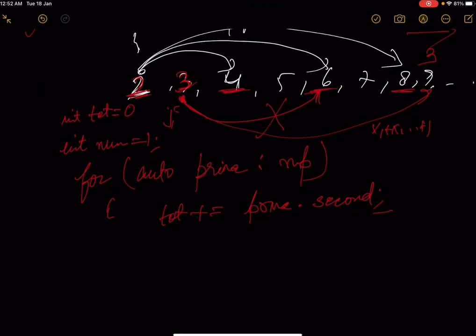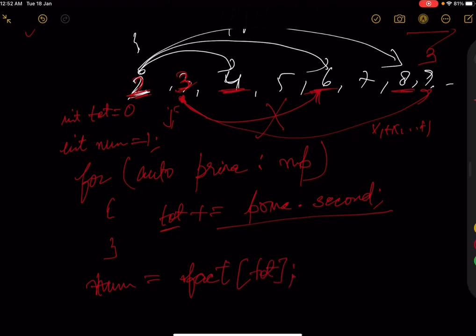Okay, so we find all the frequencies, and after doing this, we will simply say that the numerator will be equal to the factorial of this total. Okay, so the factorial of this total, right? And after doing this,